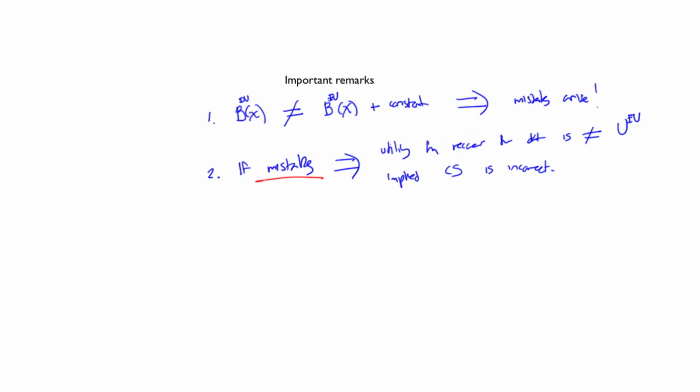And because of that, and this is the third remark, it's critical to know if there are mistakes in the domain of application. So you always have to think, when you are applying the tools that we have seen so far, are we